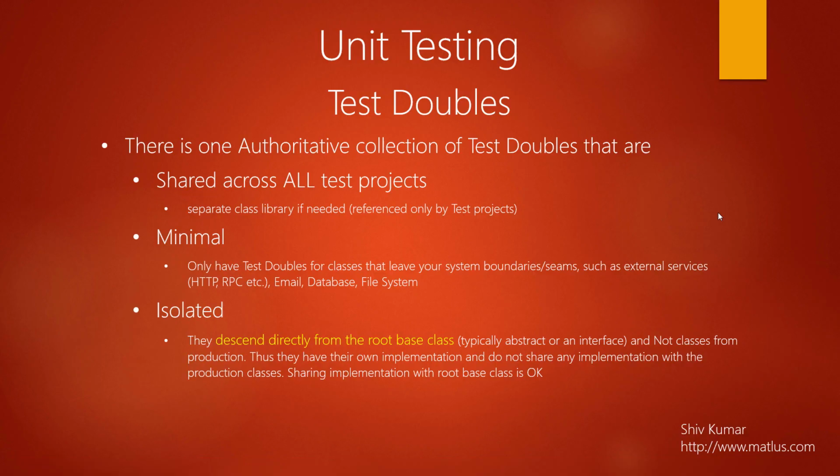That's the one discipline. The other discipline is that there can only be one kind of test double for a given production class. So if you have a spy for a certain production class, you can't have a spy and a stub, or a spy and a fake, and so on. There can only be one kind of test double per production class in your entire solution. You don't want to have, in some cases I'll use a spy because it's easier, convenient, and then I also have a stub or a fake for the same exact production class. So that's a discipline you need to follow, and the reason is that it gets very confusing